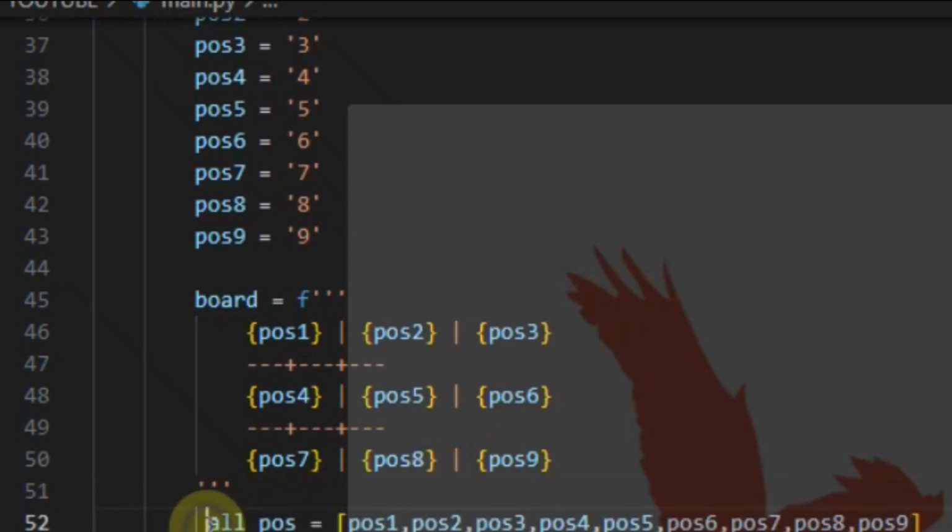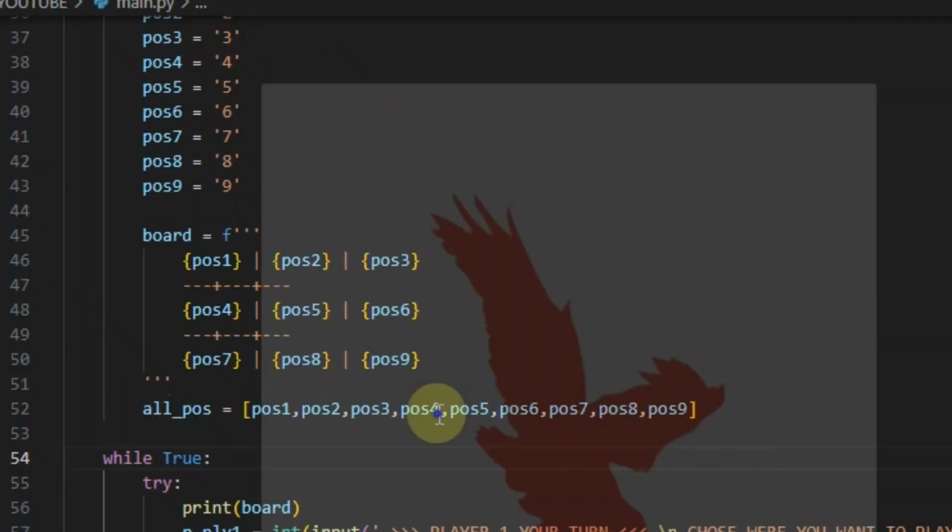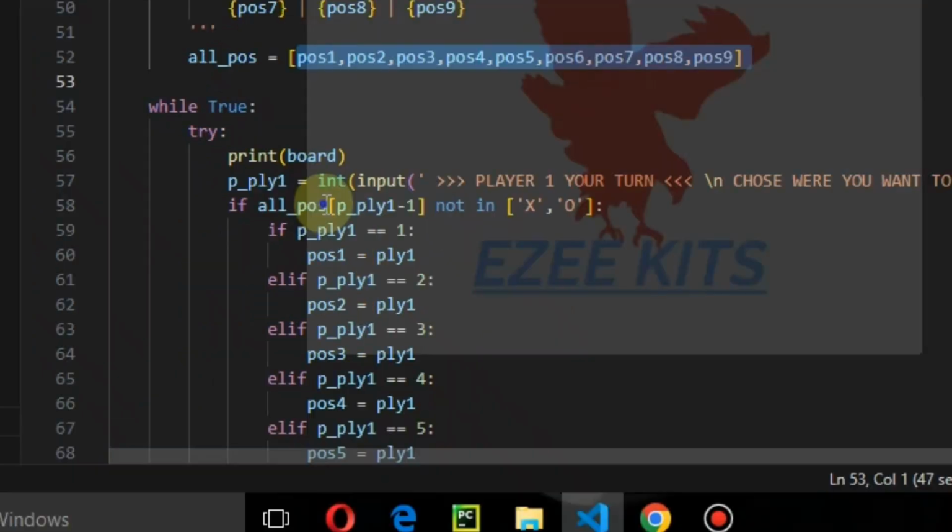Okay, let me explain what is actually happening here. I know some of us might get confused. This all post, why did I bring it down here? This post 6, for post 1, is now going to be 6, which we want. And since the player is playing, we're checking this all post, because